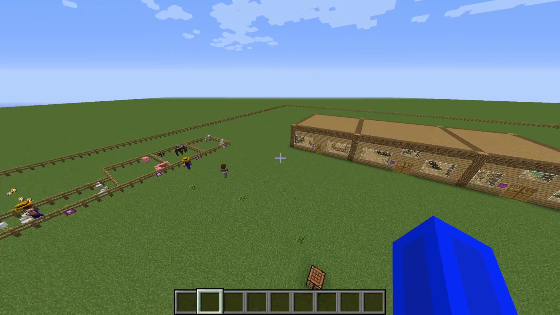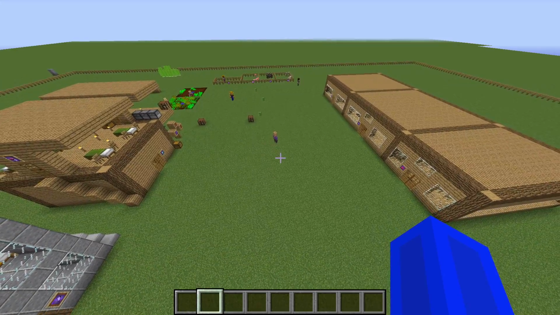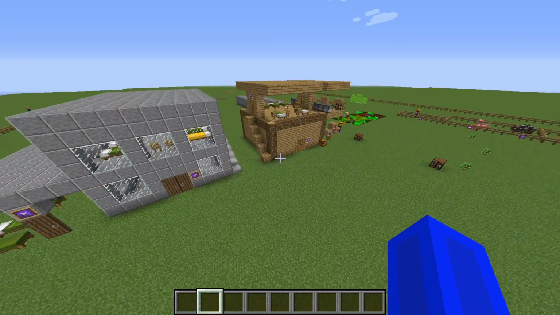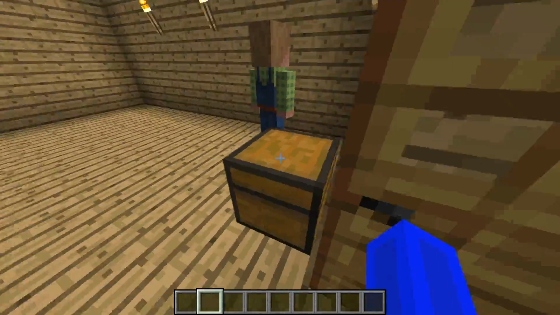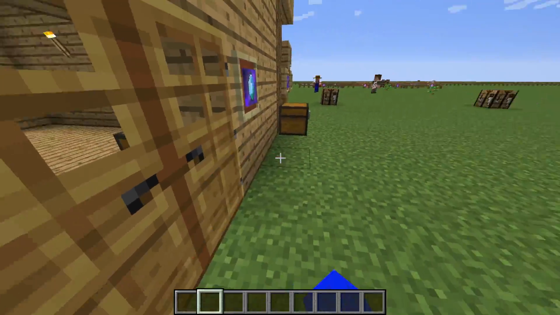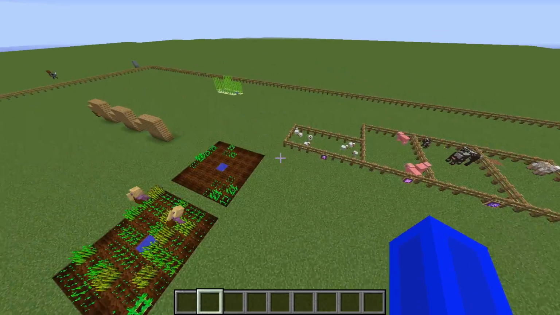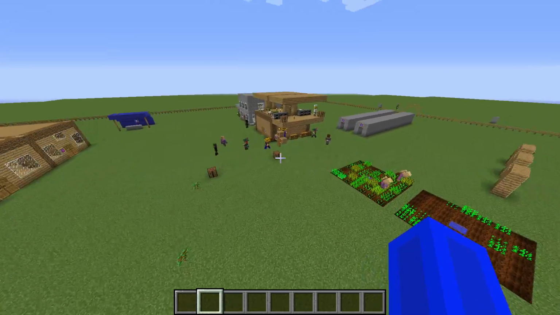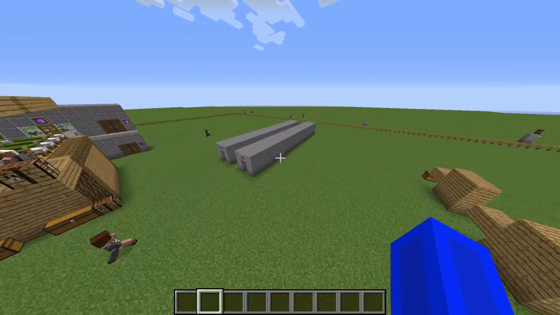By the way, you buy all of the buildings from the architect using emeralds that you get via trading with the merchant. Sorry, you don't get the buildings from the merchant, you get them from the architect. You get the emeralds from the merchant by trading your produce, like wood, eggs, wool, items, minerals. But anyways,